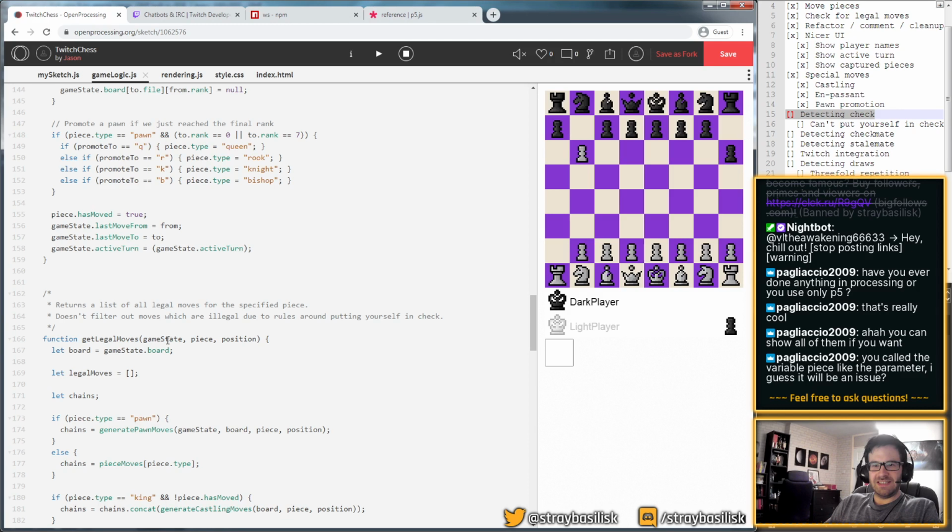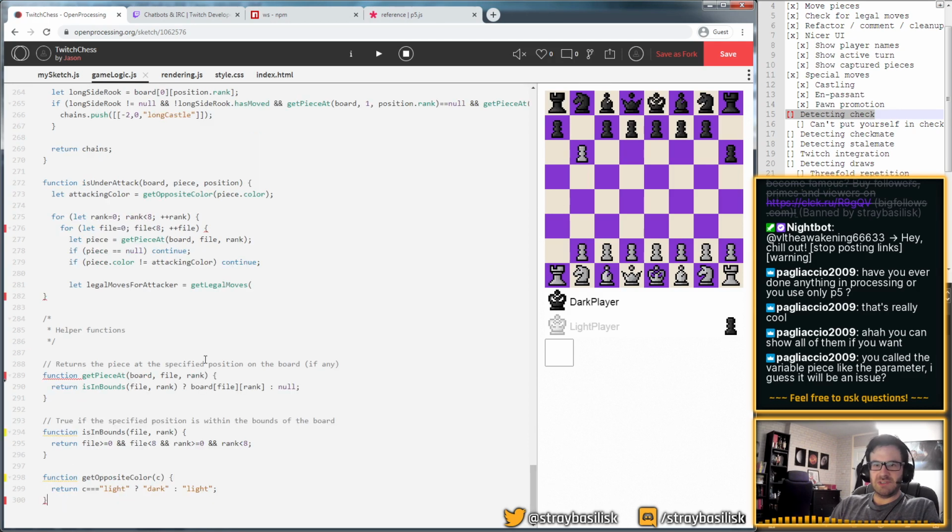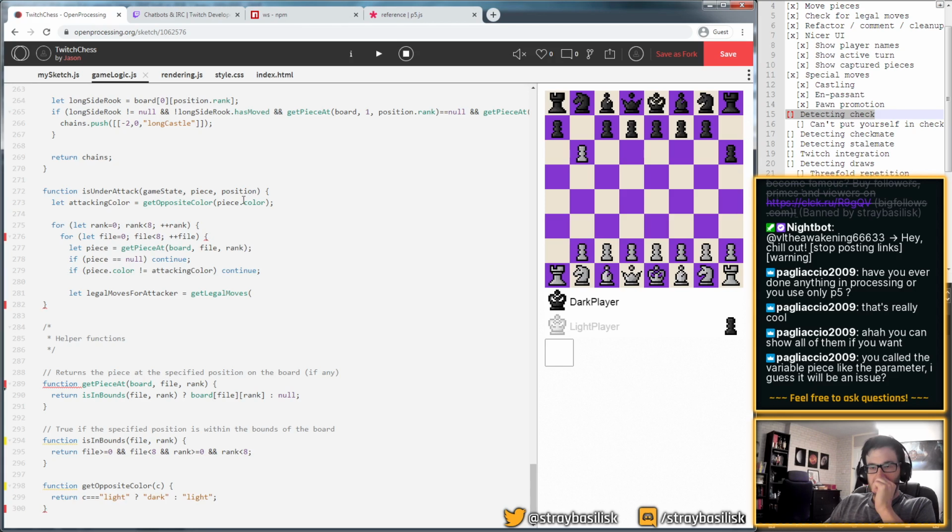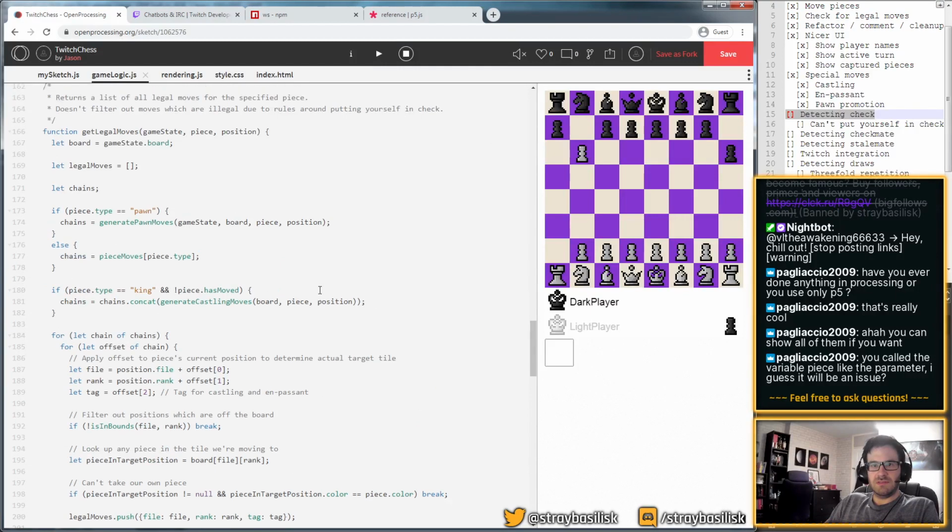Okay, you need the game state, not just the board. Game state. And this is moves.